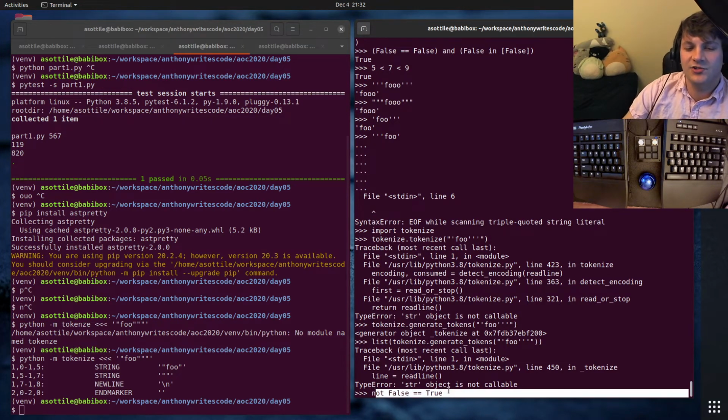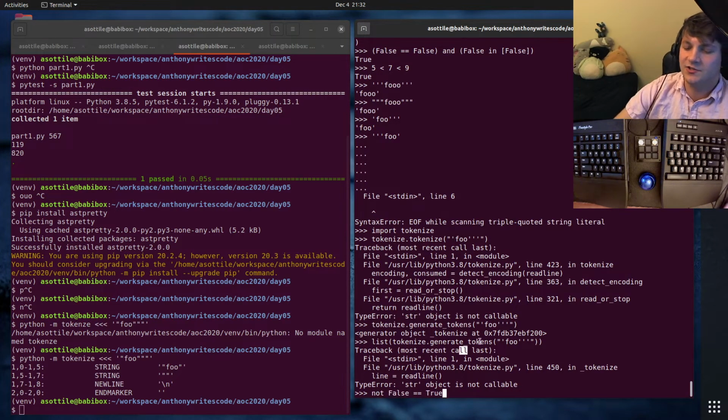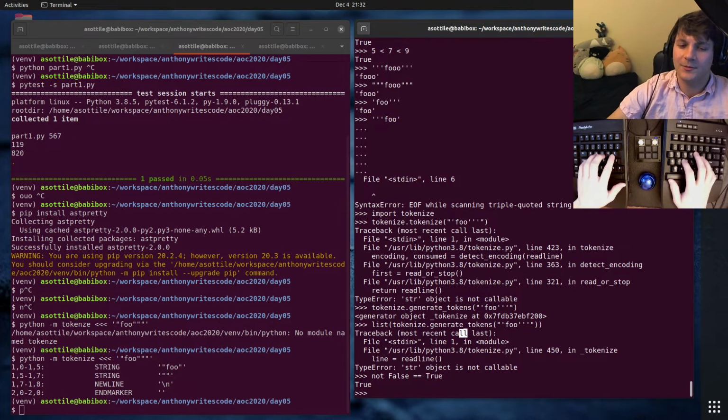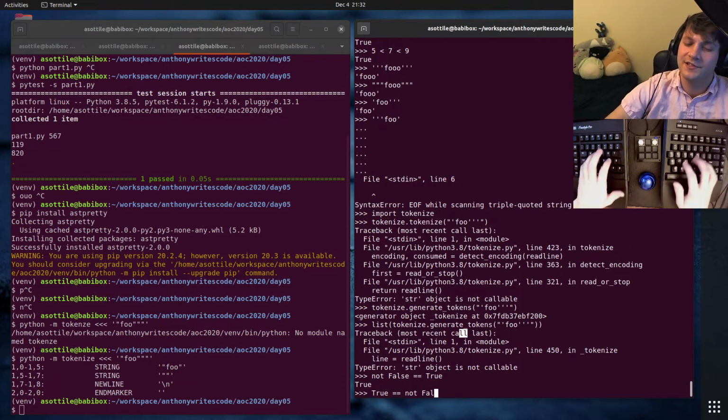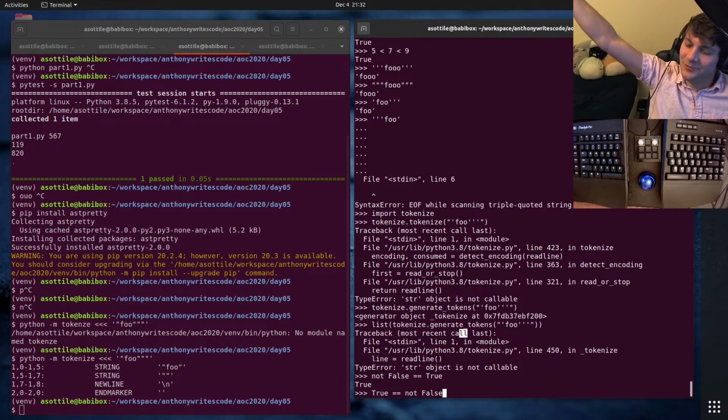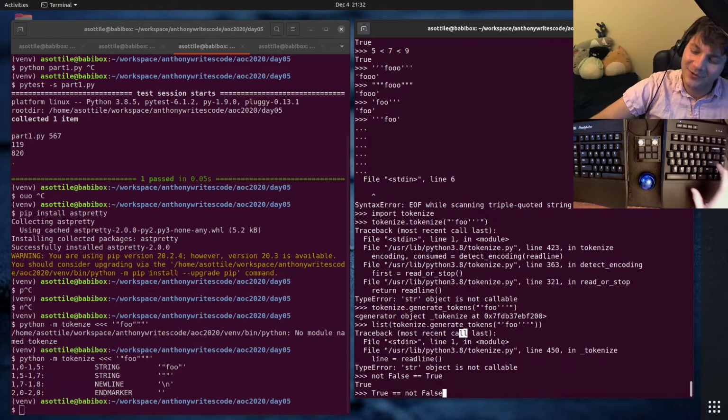This should clearly be true, right? Because not false is true, and then true equals true. Yeah, there's no magic here. But what if we flip this? What if we say true equals not false? What should that be? If you're me, I would say this should clearly be true. Equality is, what's the word, commutative. But we would instead get a syntax error.